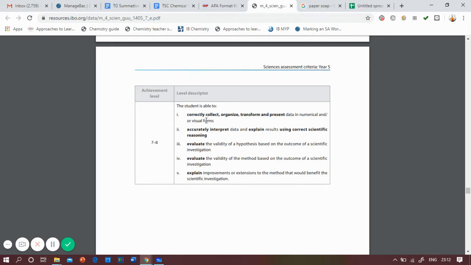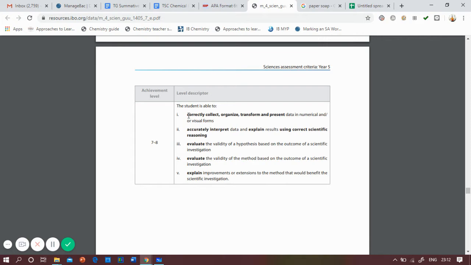As you can see in here, it's about processing data, interpreting data, and evaluating the validity of the method. Only three of them.